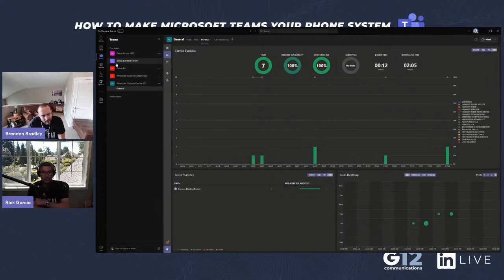And so, part of that too, then, is within the Teams environment. Again, this is all managed through the Teams team module, right? Where I'm setting up, and based on membership, I can add people to the attendant console or not. But the other thing is, okay, so now I can come here, I can look at my stats from the attendant console,